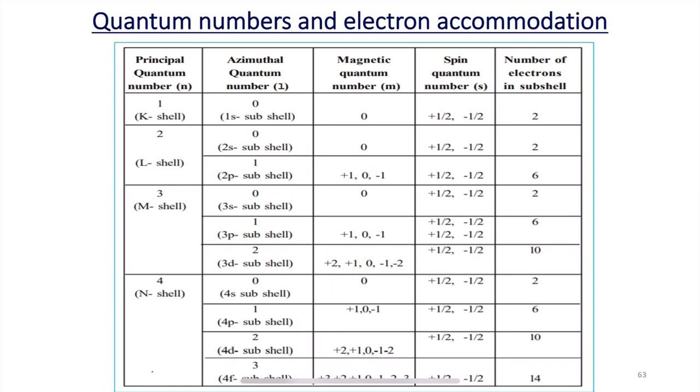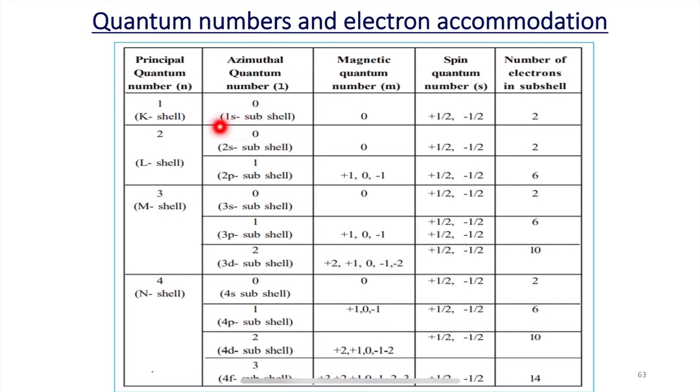Gradually, the electrons will fill the higher energy levels. Therefore, electrons will first fill the K shell, then the L shell, then the M shell and the N shell, and so on. So depending upon the electronic configuration also, if we observe the